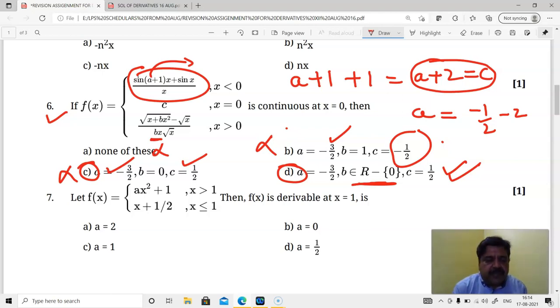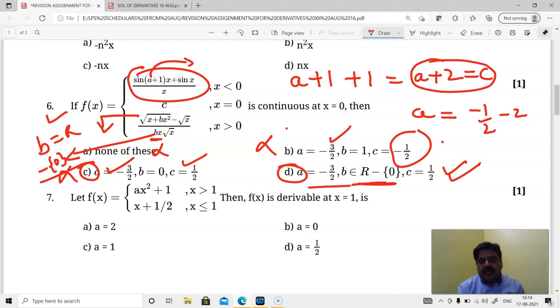Right. Now if I discuss the solving of this, these need to be rationalized, but in the rationalization we have to rationalize only the numerator part, not the denominator. And it is obvious that the denominator cannot be 0, so b has all real values except 0. This is going to be the ideal answer, and you can simplify and get the answer, and the D part is the correct one.